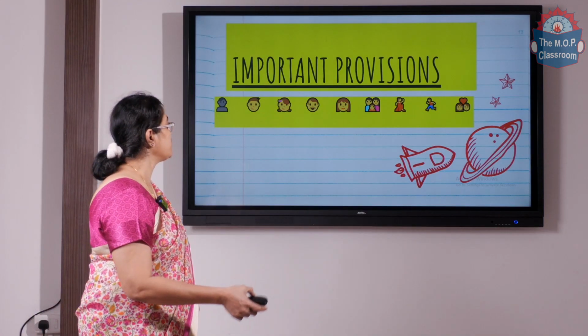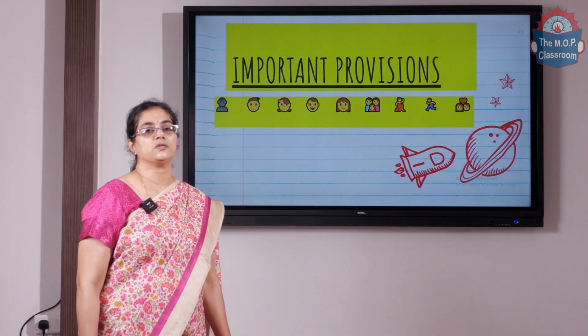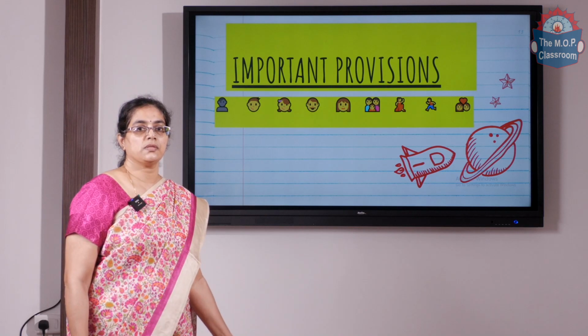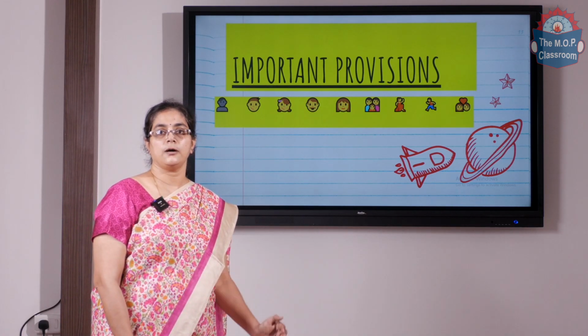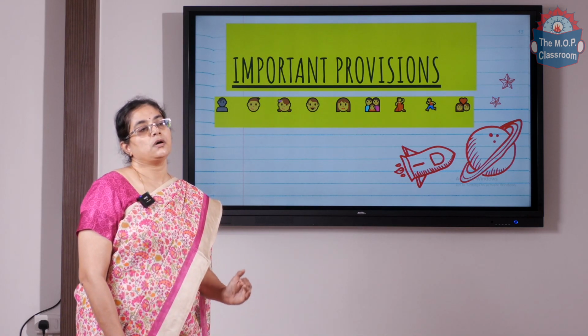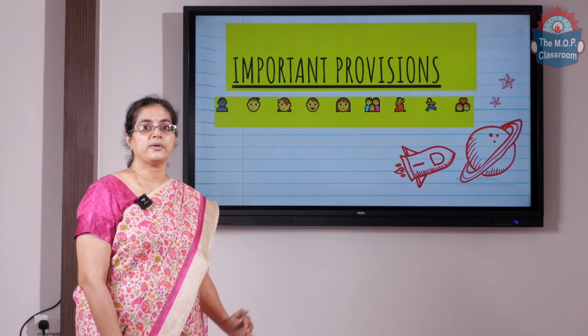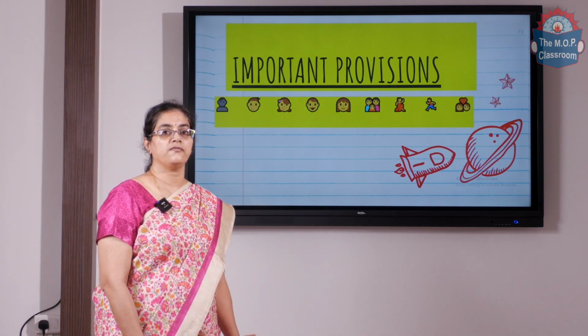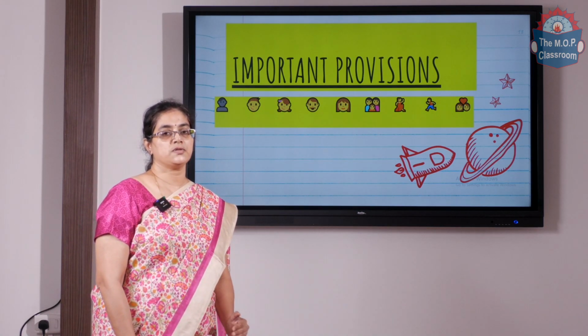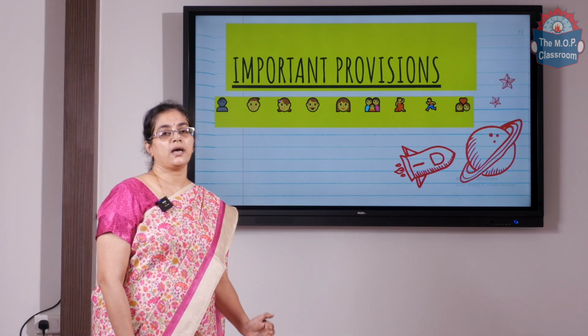Let us move over to the provisions in relation to regulation of working condition of children. These were some of the important rulings made by the Supreme Court. All these go to show that despite the Act being in place, despite children being asked to pursue education, there are cases where children, by virtue of their economic conditions, are forced into labor. So what is the Act going to do for this?